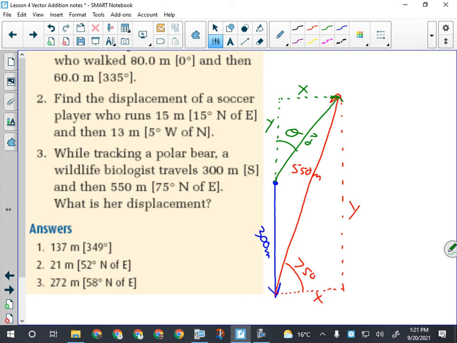All right, you guys can keep working. Remember, your next step is to find all the x's and y's. Then you add the x's together, add the y's together, find green x and green y. Pythagorean, and then trig. Okay. Give you a couple minutes. By a couple, I mean like probably 10 or 15, because we have that much. Okay, and hopefully we'll finish this one up before class is